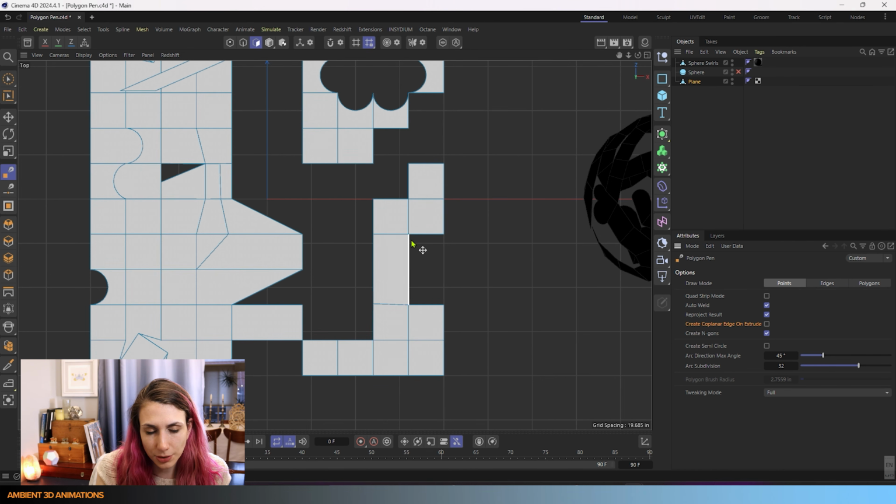So in points mode, let's say if you want to close something off, you actually can do that if you just want to fill in a shape there. I'll make this a little bit of a bigger hole. If I go into points and I click on this point and I click on this point,